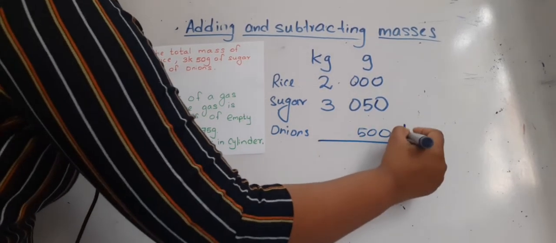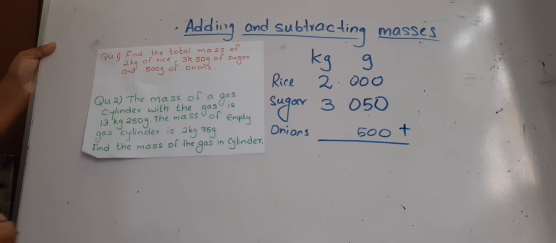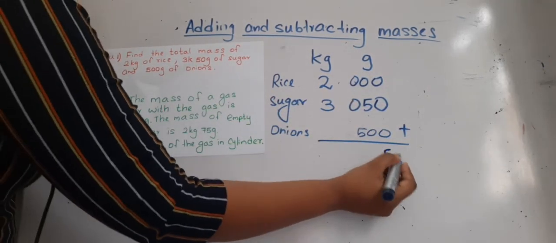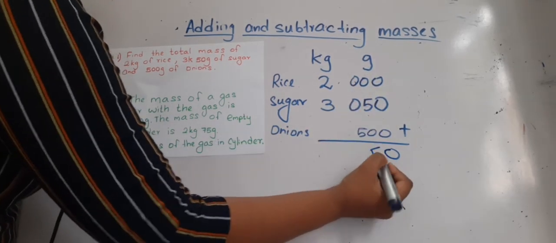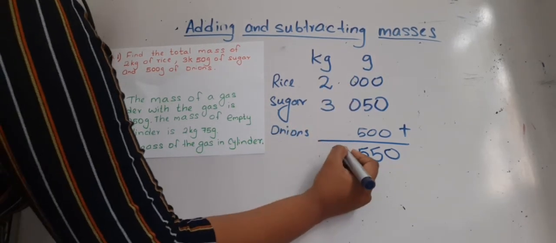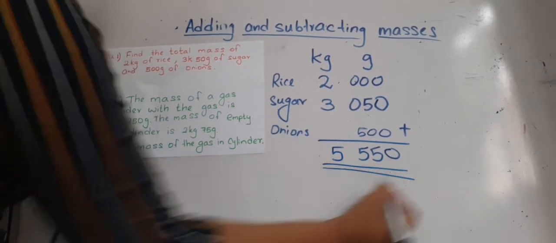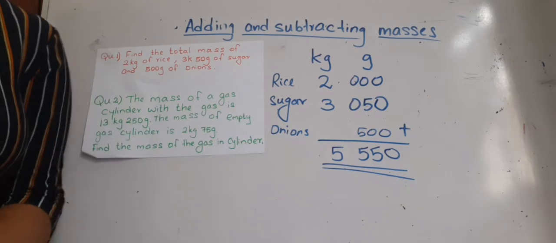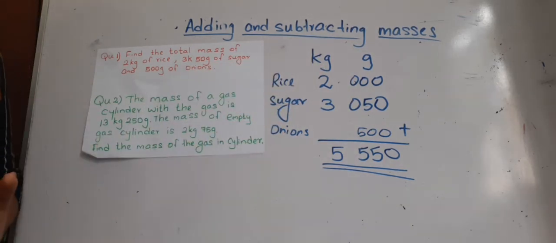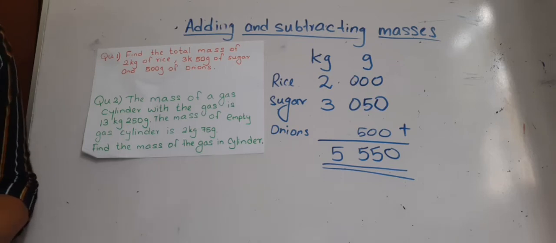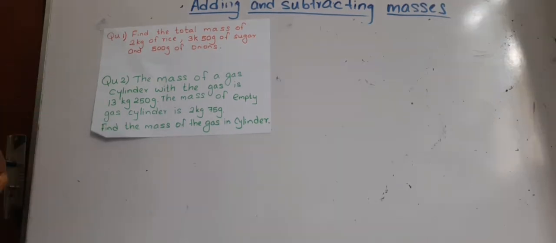Now let's add all three. Addition is simply the same as a regular addition. 0, 5 in here, again 5 in here, and 3 plus 2 is 5. That's all. The only thing I want you all to remember is to make it 3 digits even though they have given you the grams in 2 digits, so you won't make a mistake in writing. Now let's move on to the second question.